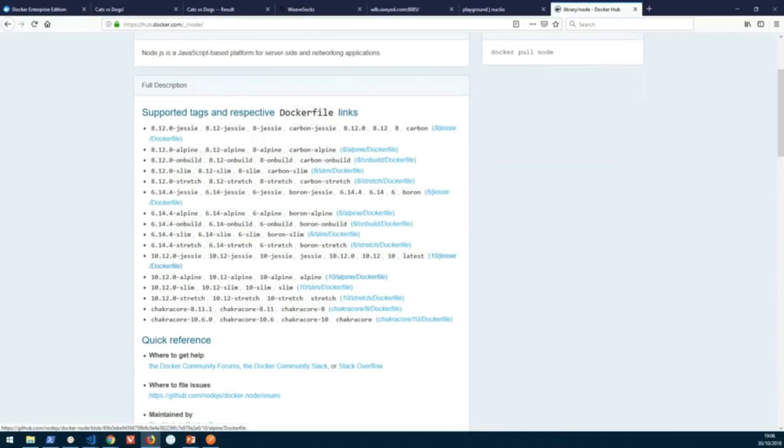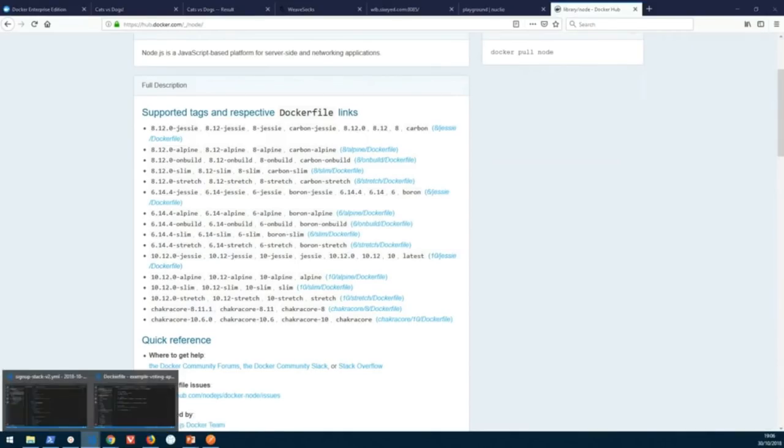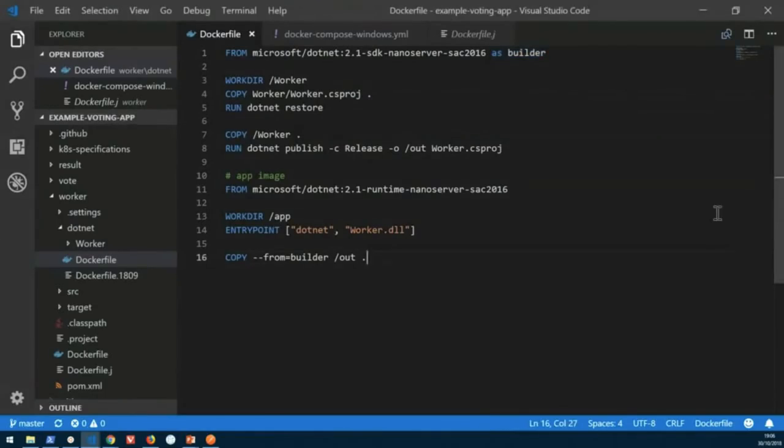But when I'm working, when I'm doing my build, I maybe want to use the Jessie image because it may have more bits and pieces in there. In terms of how you work out what your dependencies are, it's about how you order your Dockerfile. So if I switch back to this example here, this is my .NET Core example. Now, even though I'm copying in my source code and I'm building my application,